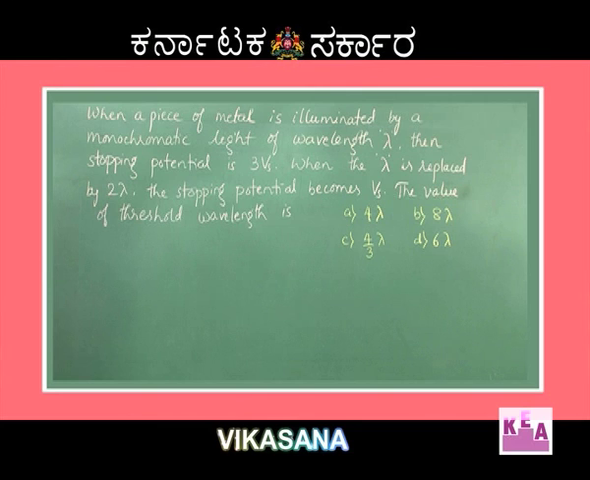Take a look at the next problem, students. When a piece of metal is illuminated by a monochromatic light of wavelength lambda, then the stopping potential is 3 Vs. When the lambda is replaced by 2 lambda, then the stopping potential becomes Vs. The value of threshold wavelength is? Options: A, 4 lambda; B, 8 lambda; C, 4 by 3 lambda; and D,